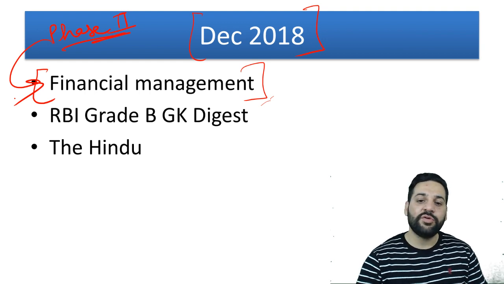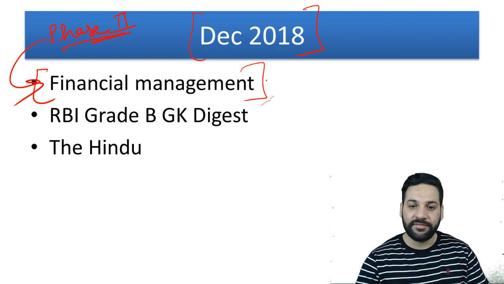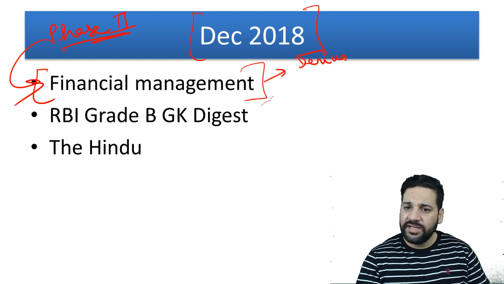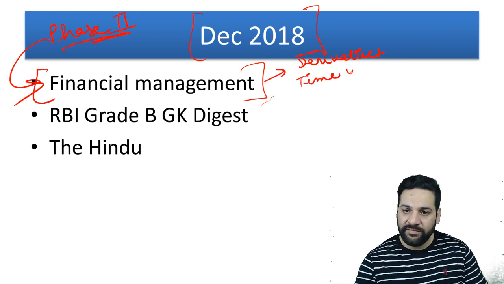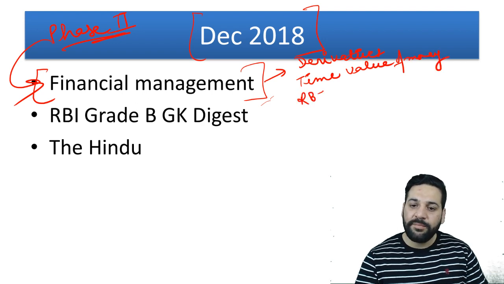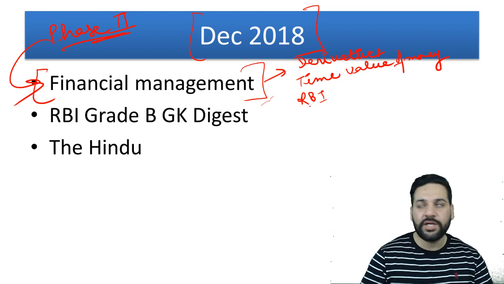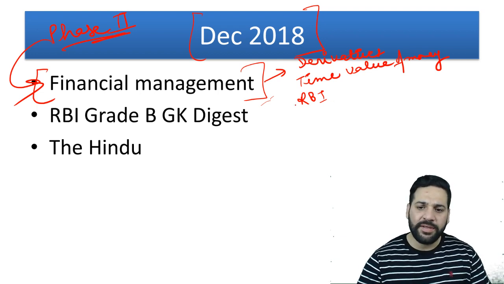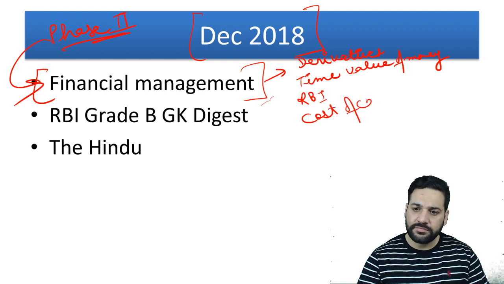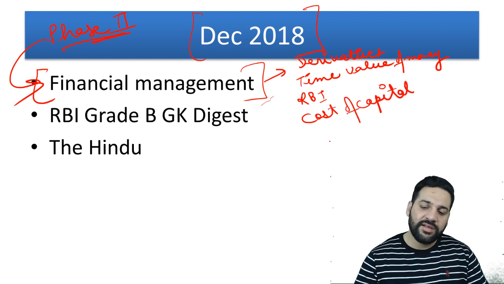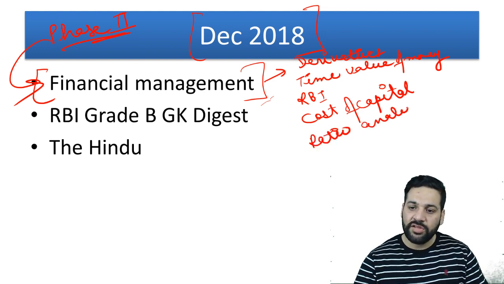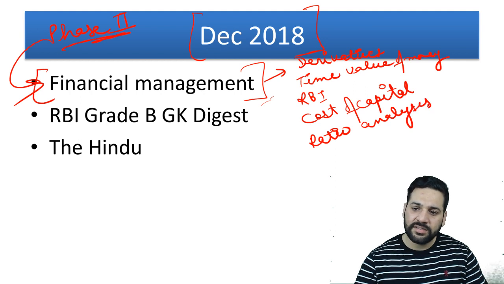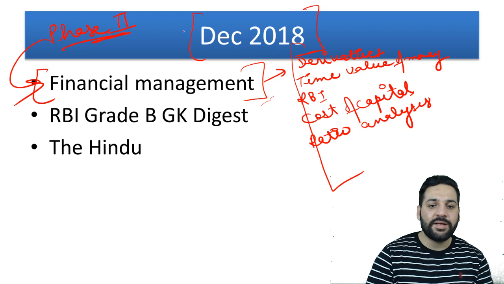So in the phase 2, you should start with the simple topics like derivatives. This is actually really easy. Derivatives, mutual funds, then time value of money, bond valuations, the powers of RBI, the RBI circulars, the SEBI circulars. You can say lot many other topics. Cost of capital, really easy. Then you can say capital structure, ratios, ratio analysis. This is not the same ratios, ratio analysis. All these chapters you need to do in the month of December only.